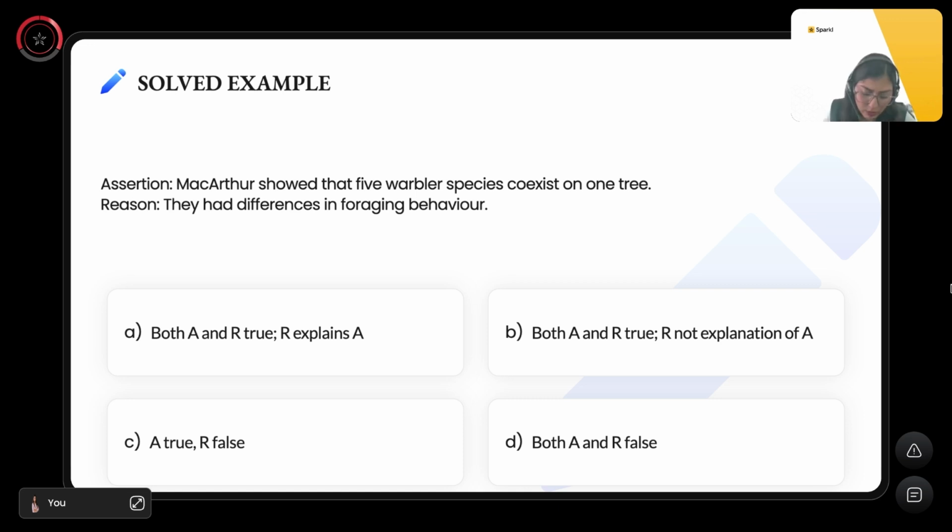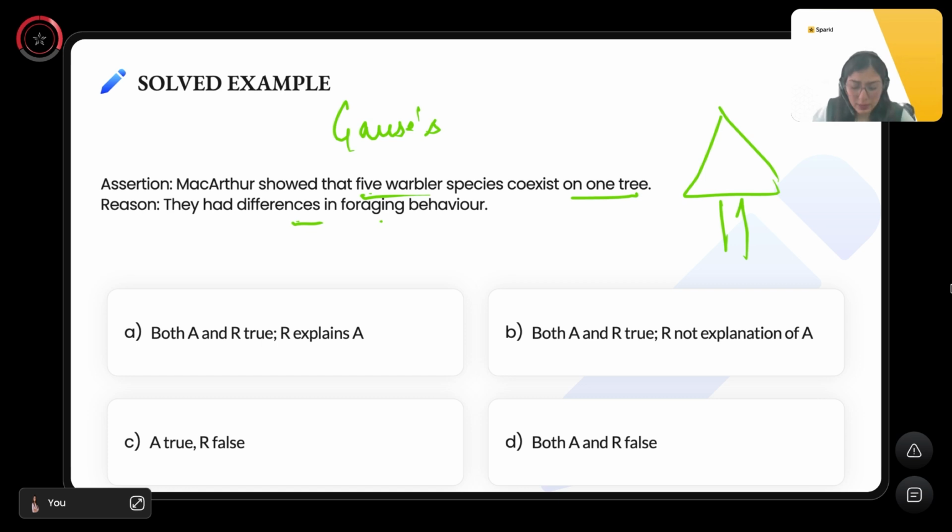Assertion says MacArthur showed that 5 warbler species coexisted on a single tree. Reason says that they had a difference in foraging behavior. Now, the warbler species on a single tree had different foraging behaviors, and this is a correct statement. Okay, now Robert MacArthur basically disproved Gause's